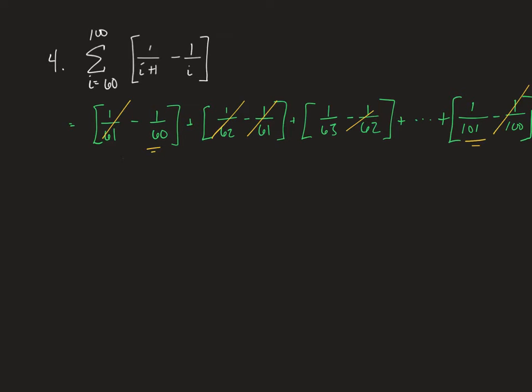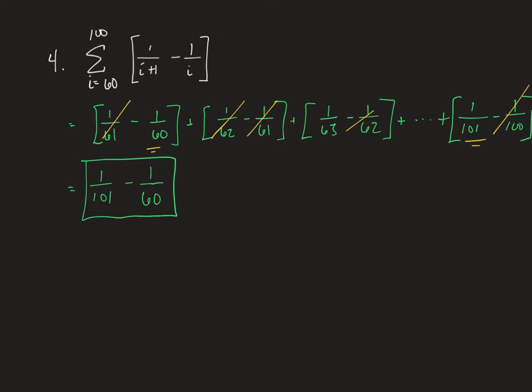So here what I'm left with is the positive 1 over 101 and the negative 1 over 60. And that's not a nice number, so we would just leave it like that unless we were asked to round